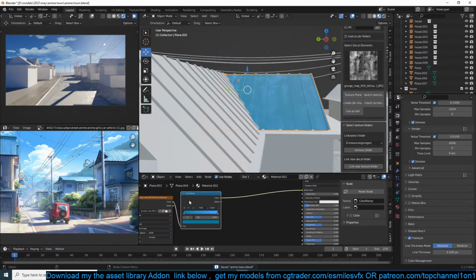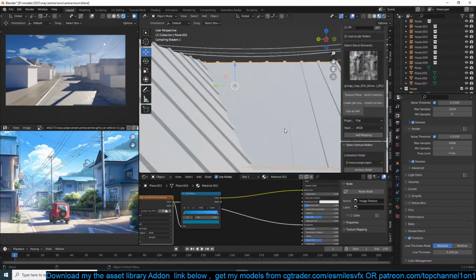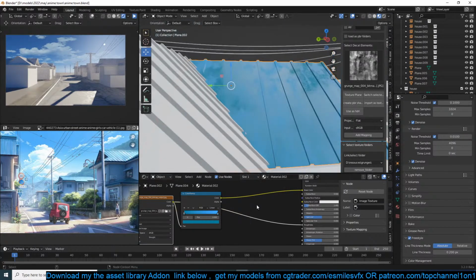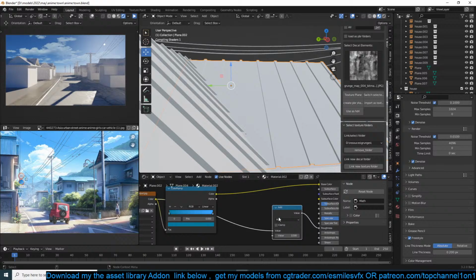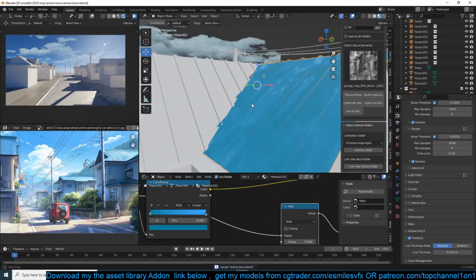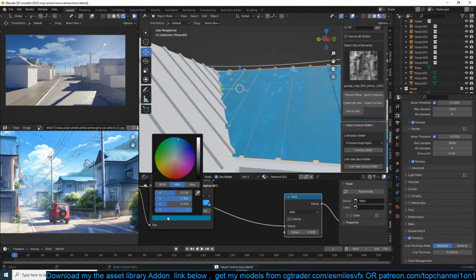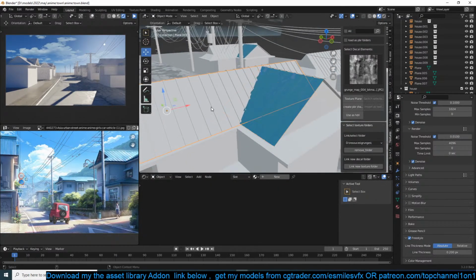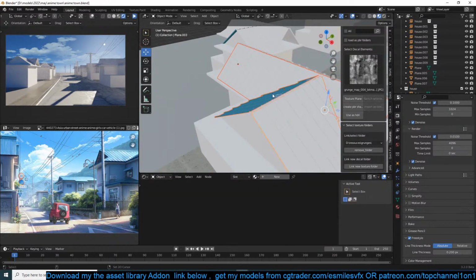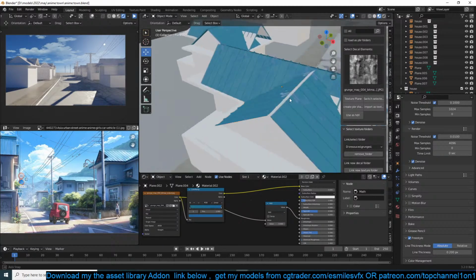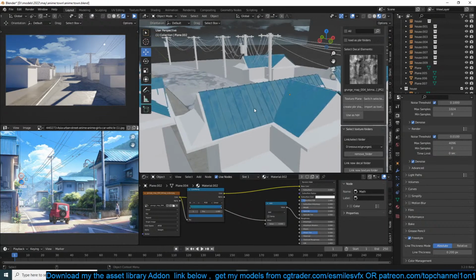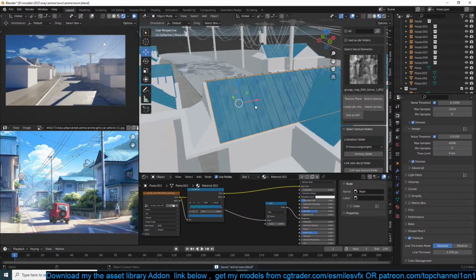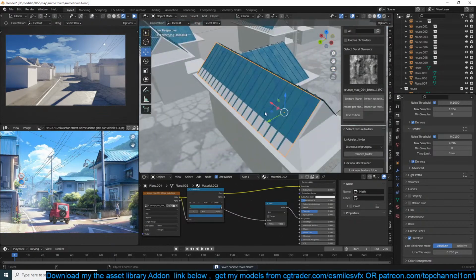Okay. And I also want to use this as the roughness. I don't want it to be too rough, so let's add a math node. Yes, from Africa. Anyway, let's see. Let me make this a bit and this. Okay, so this is our roof material, and you can see it has been applied to all the roofs because we're using the same roof. And here we need to